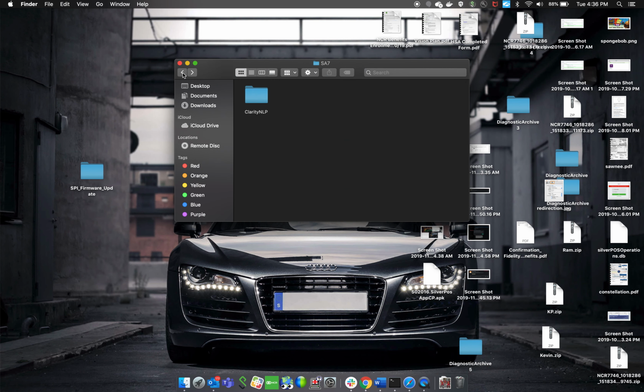Now I'm going to start the stack. So I'm going to make sure that I'm in the right folder. So I'm in Clarity NLP, that's what I need. Now I'm going to start Clarity. I'm going to start this in my local host, and then, oh,